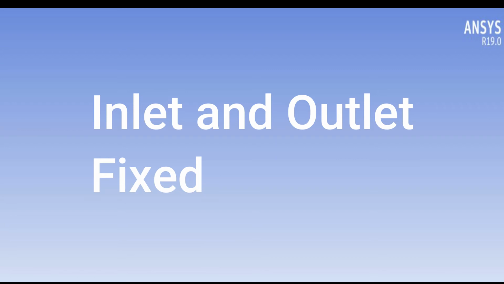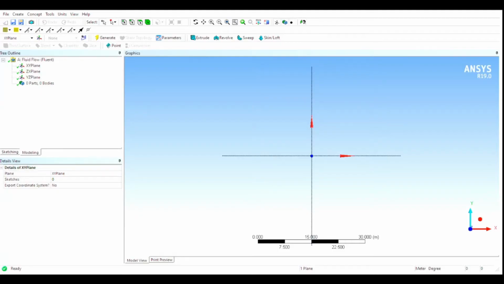We need to click the look at option at the top corner to get the axis as shown in the video. And after clicking the look at button, we need to select which axis we are about to draw. We are selecting the XY plane, and in the XY plane we need to create a new sketch. To create the new sketch, click on the sketch option as shown in the video.